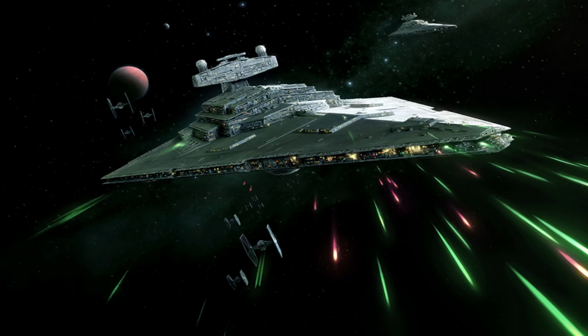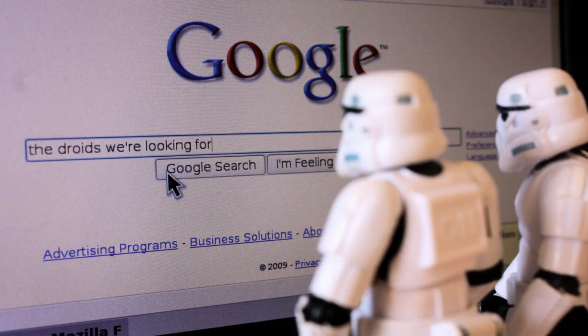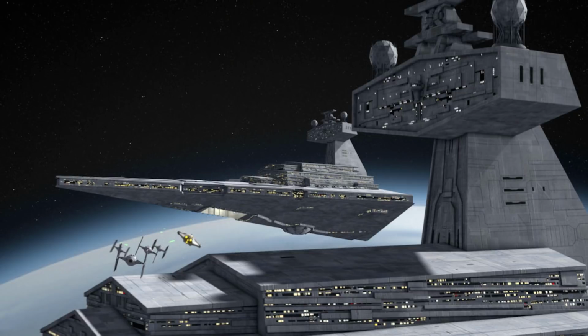But perhaps the 2 most important things to know about is that waste generated from the 46,803 people was shot out of a port just above the main thruster engines, and that the entire ship was provided with a strong HoloNet connection. Well, that's it for the Imperial-class Star Destroyer breakdown, and in part 2, we'll take a look at